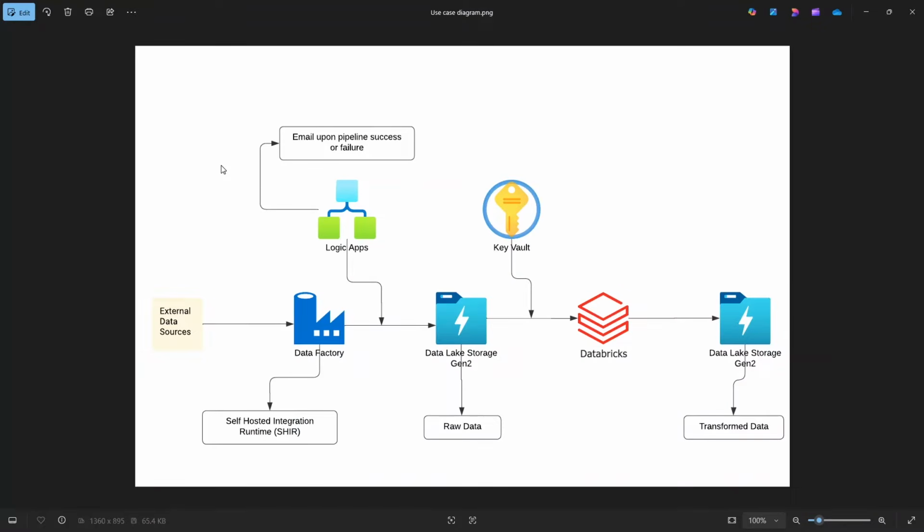Let's walk through the complete architecture of this project. It all begins with dirty data on my personal computer. Now, to move this data from my local machine to the Azure cloud, we use Azure Data Factory and specifically a self-hosted integration runtime. The self-hosted integration runtime acts like a secure bridge between the on-premises environment and Azure. It's installed on my local PC and allows Data Factory to reach into my machine, grab the files, and move